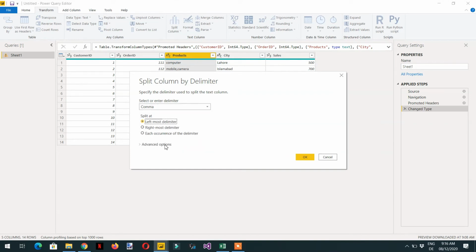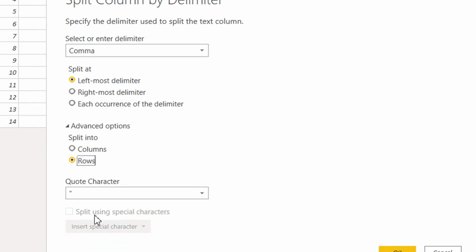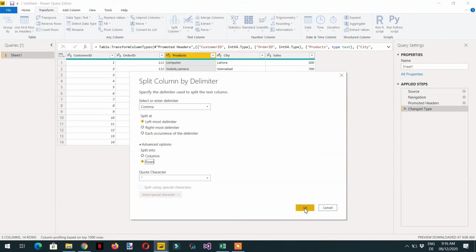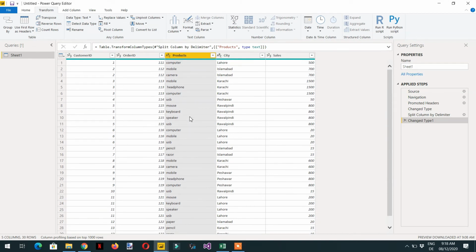And here if you click advanced options, it is split into the comma separated values, and then split into rows. You need to select this option only, right? So then we just need to click OK, and here you can see we are getting these values, right?